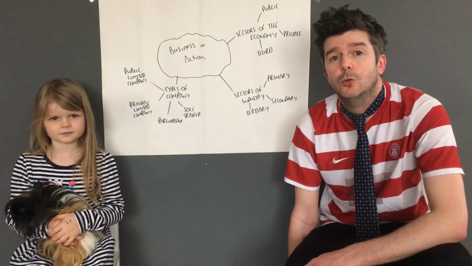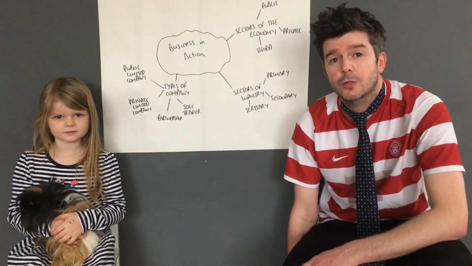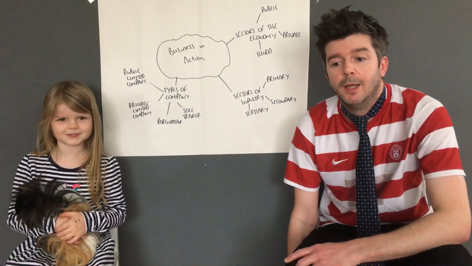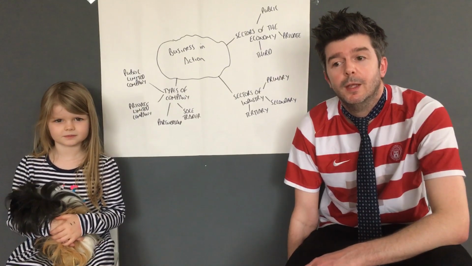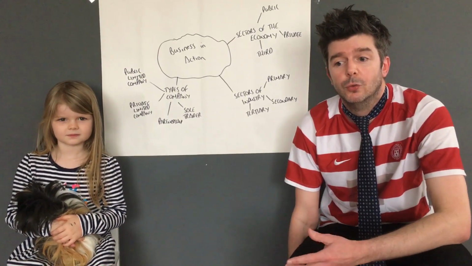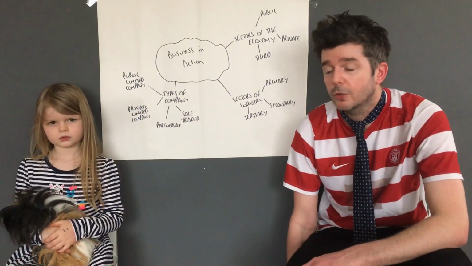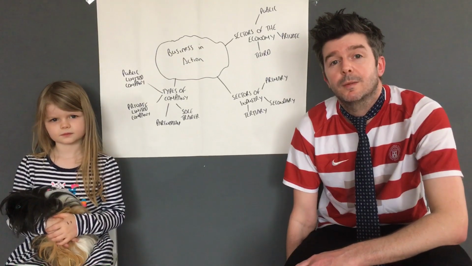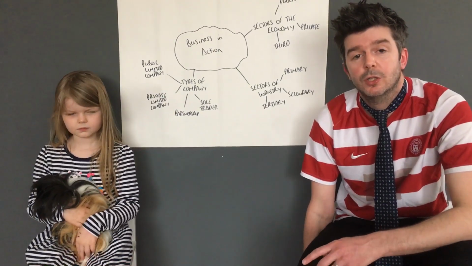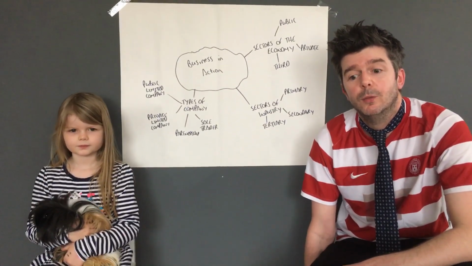Okay, and the fourth one are public limited companies called PLCs. So things like Tesco PLC would be a good example. These are owned by shareholders, but they're quite big. They're multinational companies where anybody can buy shares in them. You would buy shares in the London Stock Exchange, and then you could own a share in the business. And what happens is the shareholders appoint a board of directors to run the company and a managing director to run the company, and these shareholders are paid a dividend each year depending on the level of profit. They will get a dividend back.